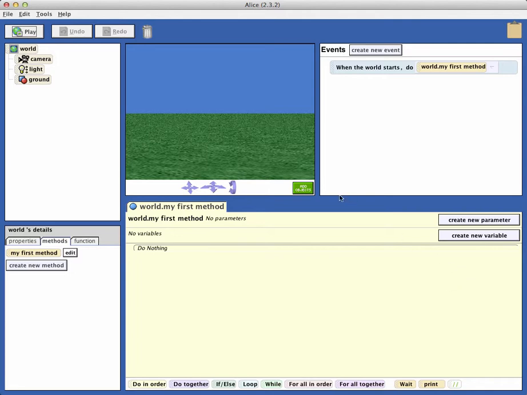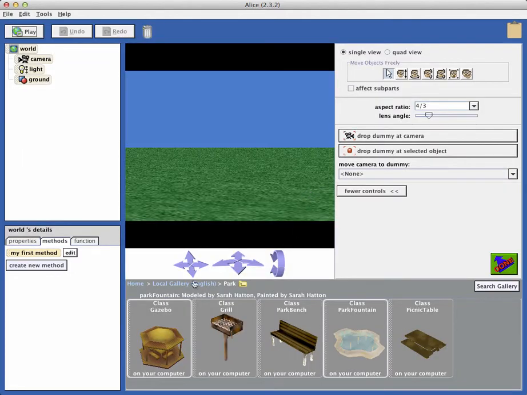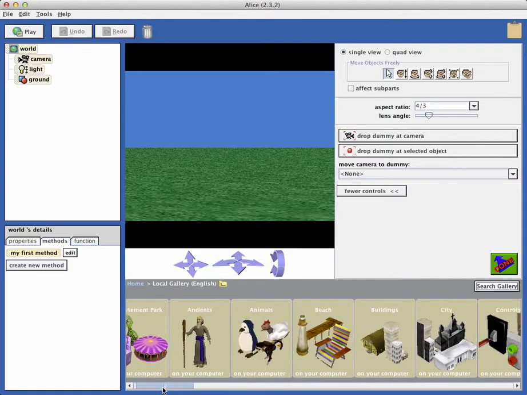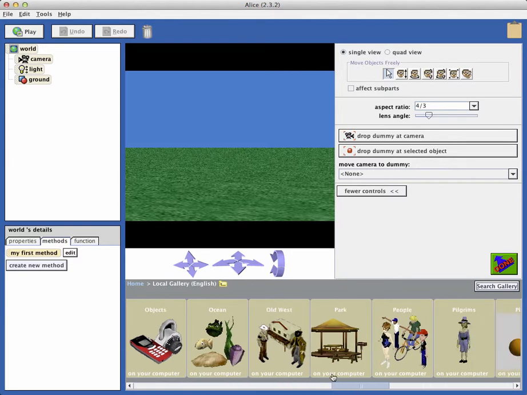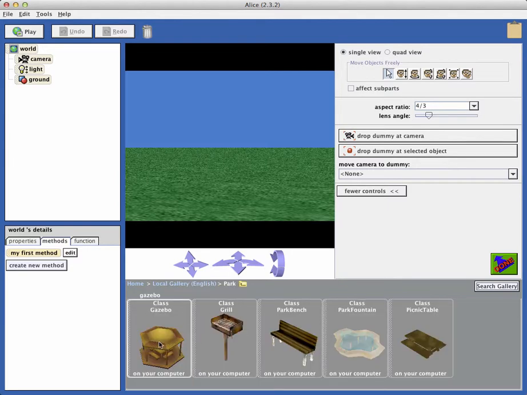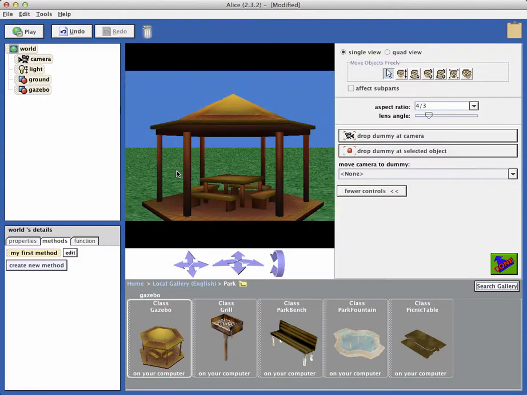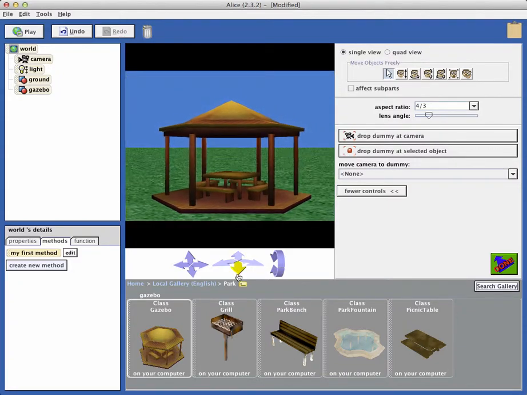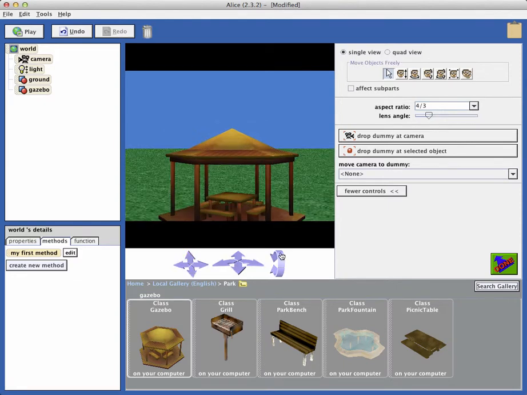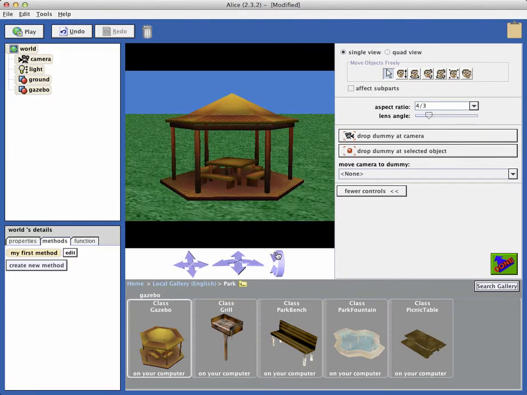I've started Alice. I click on Add Objects. I've gone to the local gallery and I've selected Park. I'm going to drag a gazebo into my world. Position my camera so that I get a good view of the gazebo. And now,